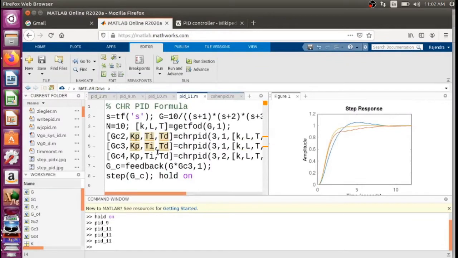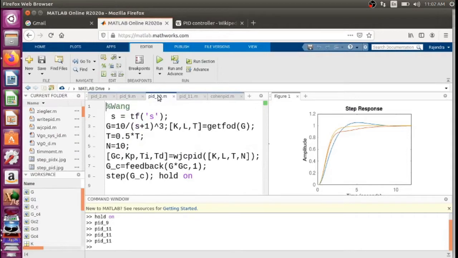So we have got a function called WJCPID. This we have written down as a function which accommodates all the equations suggested by Wang.